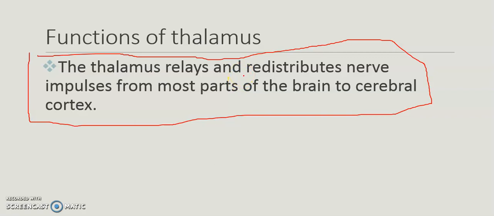Relaying means all the information is coming and getting sorted out there, so it is a relay station. As the information comes and gets sorted out, it is redistributing nerve impulses to the cerebral cortex of our brain. So it is the analysis of those two functions which I mentioned earlier.